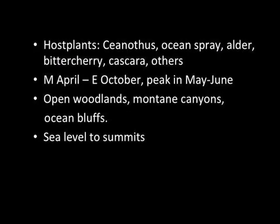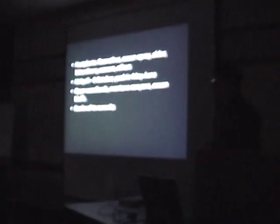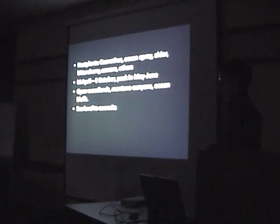I just want to say that I first learned ceanothus was a host plant, mountain balm sometimes called, and I remember going to Vashon Island looking for the ceanothus population I heard was there, and looking for the ceanothus velutinus, sometimes called mountain balm or sticky laurel. I found the tree, and then I found the butterfly. You can find them commonly on Kitsap, where there is some ceanothus, but here where there's lots of ocean spray, lots of red alder, lots of bitter cherry and cascara, you see zero or hardly any